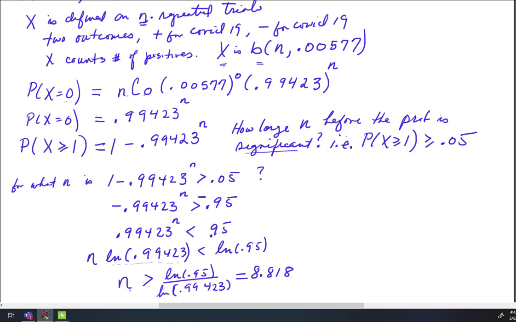So let's, for emphasis, I guess I'll change color and say, therefore, if n is greater than or equal to 9, the probability of x greater than or equal to 1 is greater than 0.05. That is, there's a significant probability,